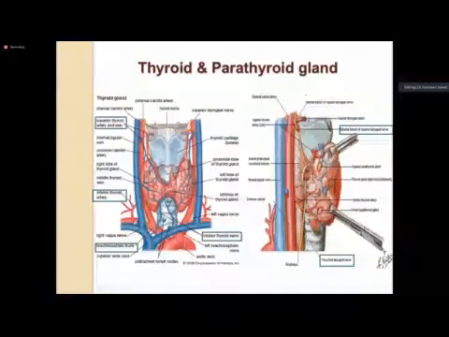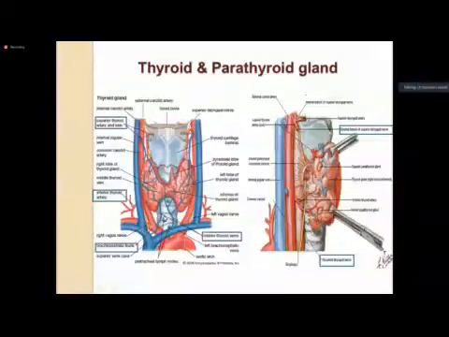ब्रेकियोसेफेलिक ट्रंक। ब्रेकियोसेफेलिक ट्रंक से हमारे पास इंफीरियर थायराइड आर्टरी आती है जो कि इंफीरियर पार्ट ऑफ द थायराइड ग्लैंड को ब्लड सप्लाई करती है। एंड वी हैव सुपीरियर थायराइड आर्टरीज। सुपीरियर थायराइड आर्टरी अगर आपको याद हो तो इट डायरेक्टली कम्स फ्रॉम द एक्सटर्नल कैरोटिड आर्टरी। ठीक है, तो एक्सटर्नल कैरोटिड आर्टरी से डायरेक्टली आएगी सुपीरियर थायराइड आर्टरी, और सुपीरियर थायराइड आर्टरी आपका सुपीरियर लोब ऑफ द थायराइड ग्लैंड को ब्लड सप्लाई करेगी।